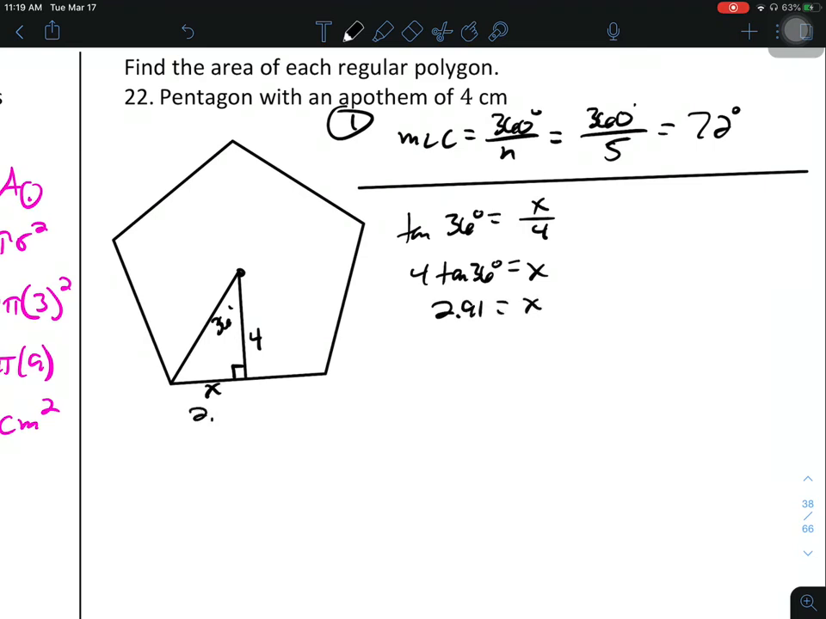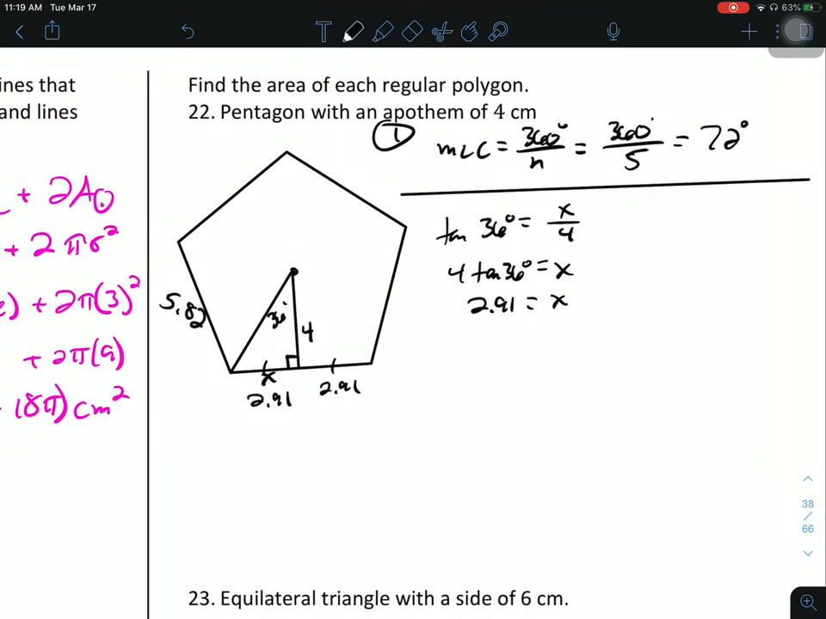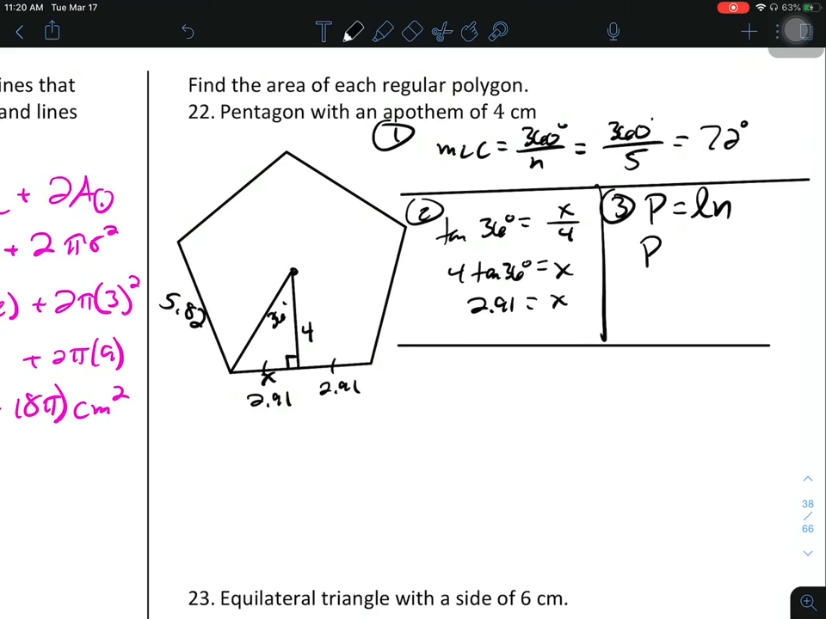You're going to get that is about 2.91, which means this side over here is also 2.91 because an apothem always bisects that side. That means the length of a side is 5.82. We did that second. Let's find the perimeter, which is the length of a side times the number of sides. The length of a side is 5.82. The number of sides is 5. That's going to give us a perimeter of